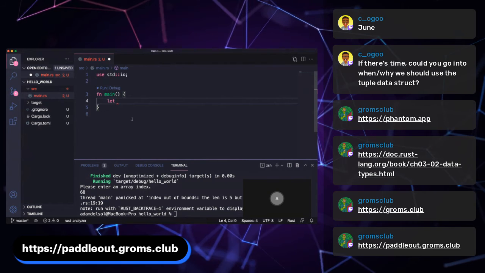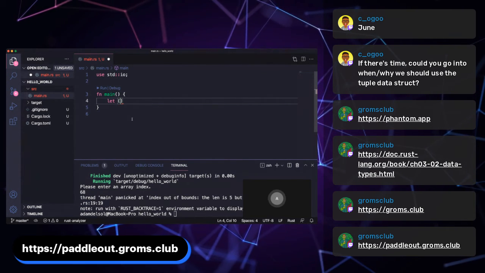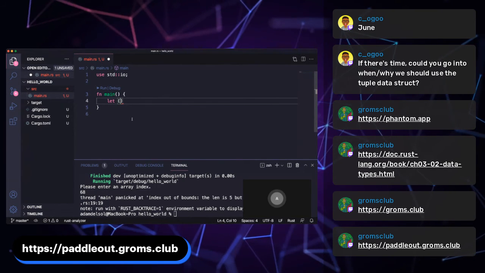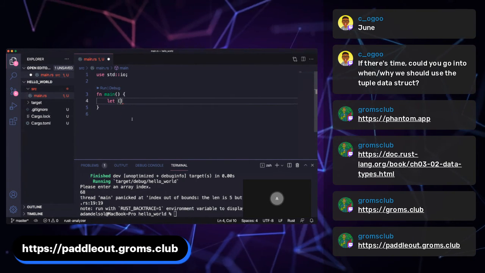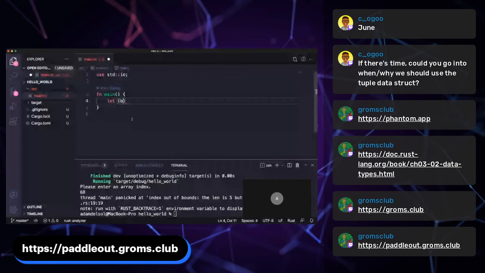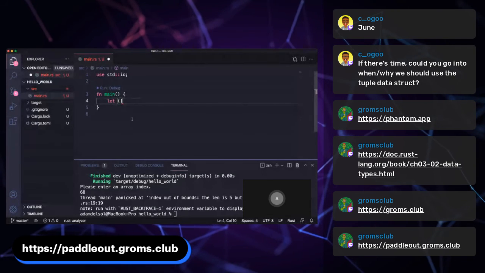I'm learning it along with everyone else. Just looking at our example, maybe, this is just an idea, what if we wanted to do